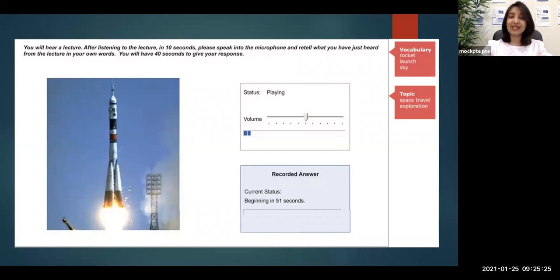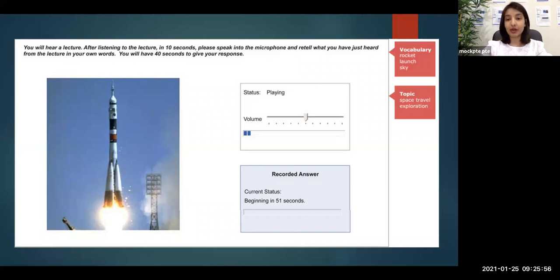Sometimes they still keep the image on the screen. So if the image is still on the screen, you can use the words related to the image, because whatever image they give you along with the audio will be related to the topic in the audio. So it'll be similar. You can use the keywords matching the image, but it is always safe to take down notes and use the words that you have noted down rather than relying on the image. Because as I said, sometimes they could remove the image after the audio. So if you do not take down notes, you will have nothing to speak about once the audio is over.